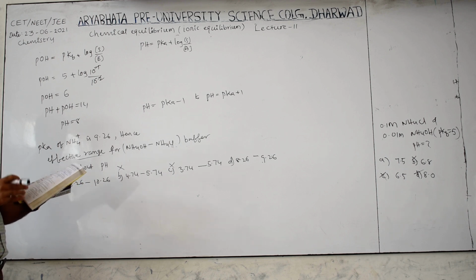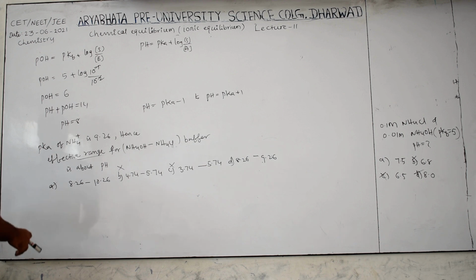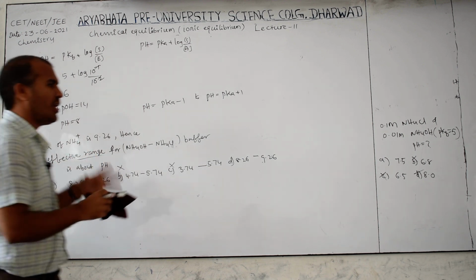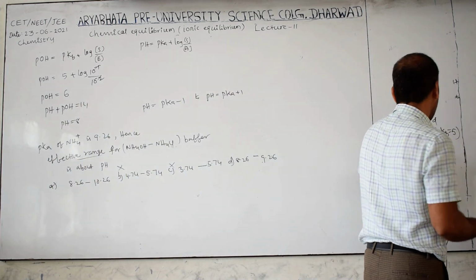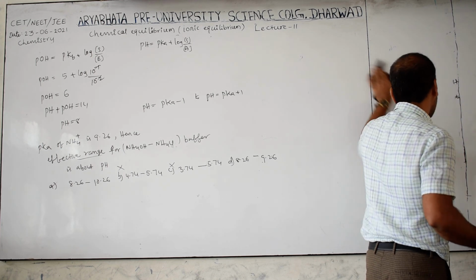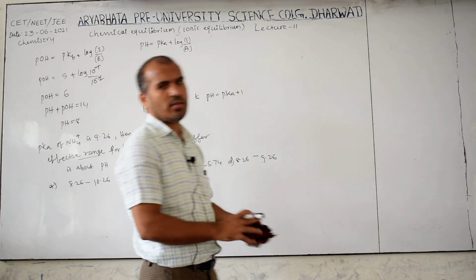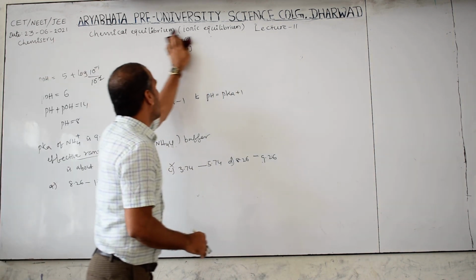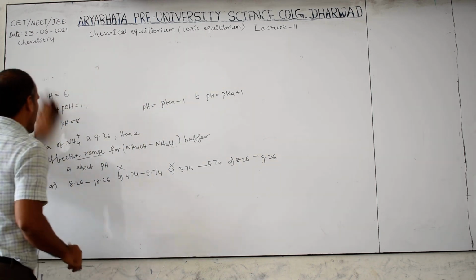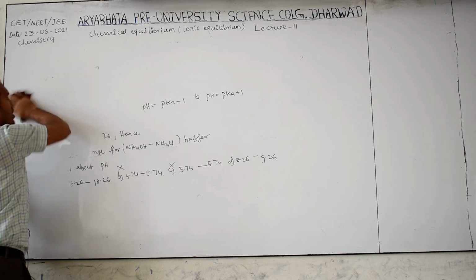So now we completed which one? Buffer solution. After this we have solubility product. The solubility product concept is very important in this chapter. For any level, CET, JEE Mains, NEET, the first important topic is solubility product, then pH. So remember, solubility product questions are very, very, very important. Then keep in mind which salts are soluble and which salts are insoluble.